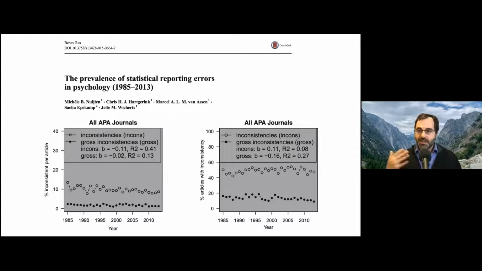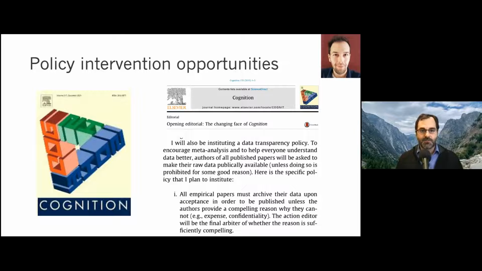And then thinking with a Metascience Policy hat on, I got a very interesting email in about 2015 from a guy named Steve Sloman, who was taking over as an editor at the journal Cognition, which is a major disciplinary journal for cognitive science, child language, psycholinguistics, and so forth, my subfields. And Tom was just joining my lab as a postdoc. And Steve Sloman said, hey, I'm taking over as editor-in-chief of Cognition. And, you know, I know you all are talking about all these guidelines and so forth, but I'm editor and I have absolute power. And I think data sharing is the right thing to do. You have to share your data if you publish at Cognition.